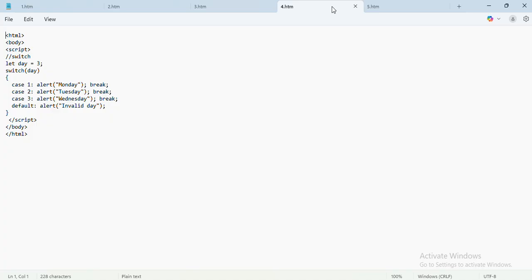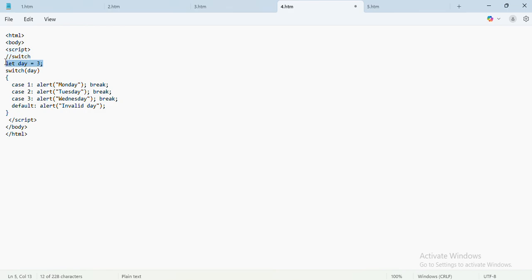Let us check the fourth type of conditional statement, which is a switch. Switch is also used for checking multiple conditions. So for checking multiple conditions, either you can use if else if or you can use switch, one and the same. Okay. So over here you can see again we started with HTML body and script tag. Comment I have written as switch so that I will have an idea this is a switch code.